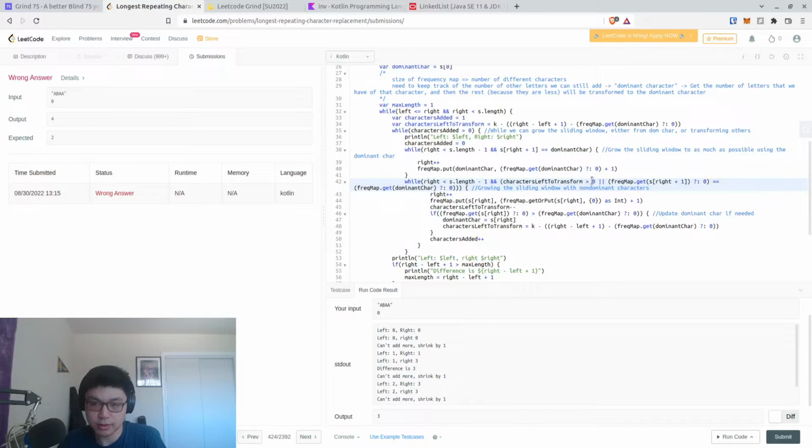And characters left to transform is either greater than 0 or the frequency of the next value is equal. I see. Our current value, our dominant character, what is our dominant character at that point? Dominant character should be B. If our dominant character is B and the next character has a value